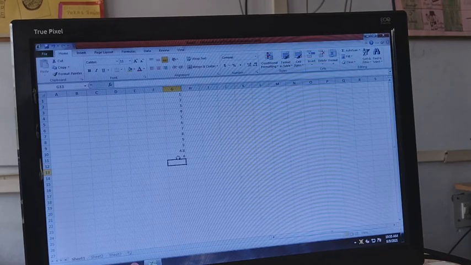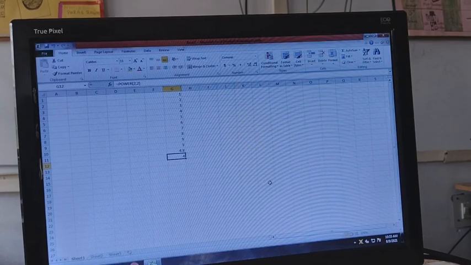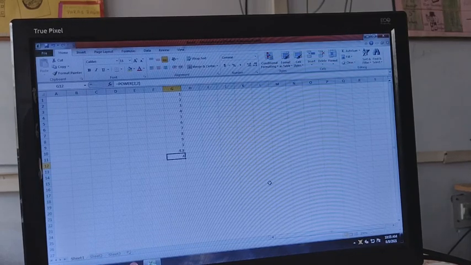It has given us 4. 2 to the power 2 is 4. 2 square is 4. So it has given us 2 raised to the power 2, that is 4. So this is your power function.